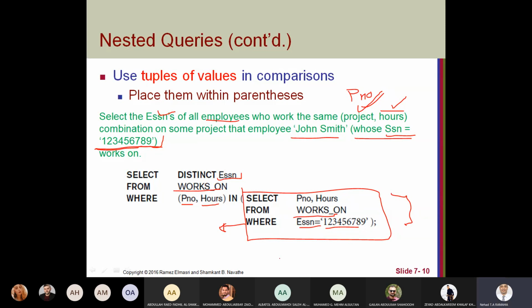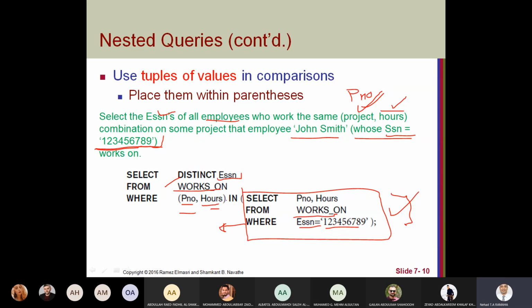So in this case, it's better to use the nested query. We just return the employee numbers for employees who work on the same project number and hours with Smith, or with employees that have this SSN.